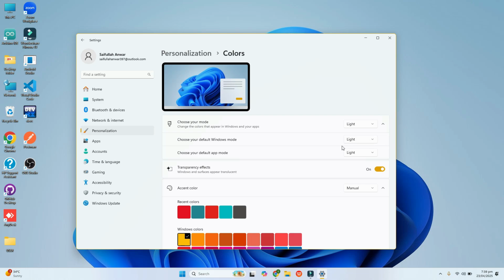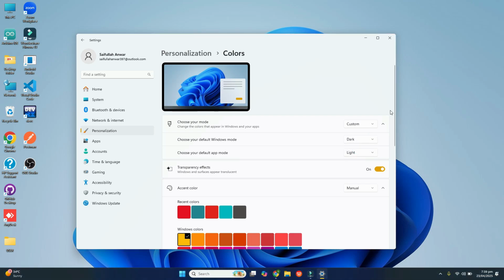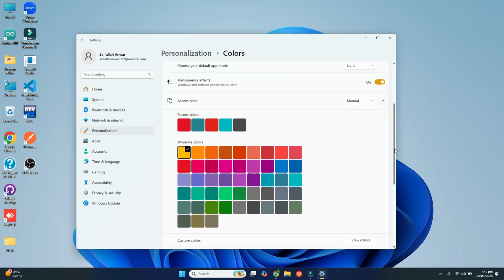and from here you will see this option, choose your default Windows mode. Click on this mode and select dark mode from here. That's it. Now scroll down. You can select any color from here, like I will select this color